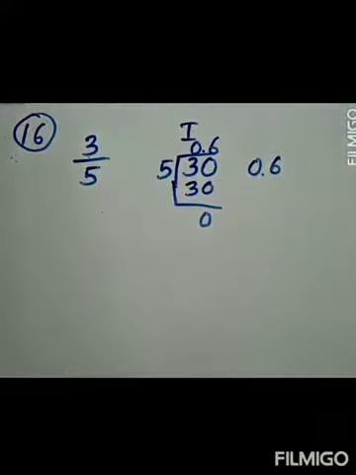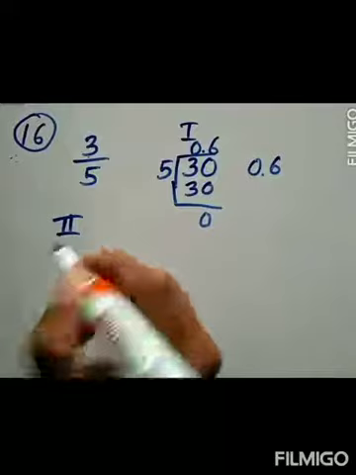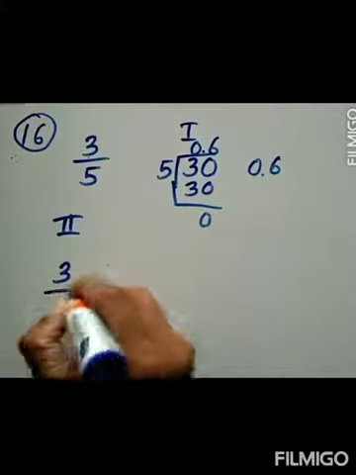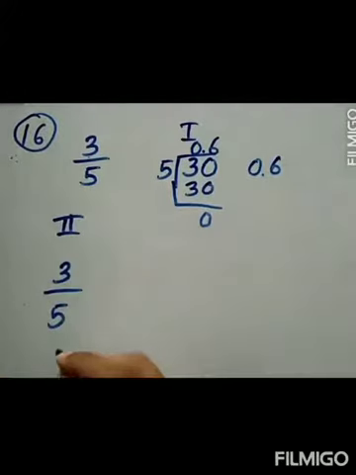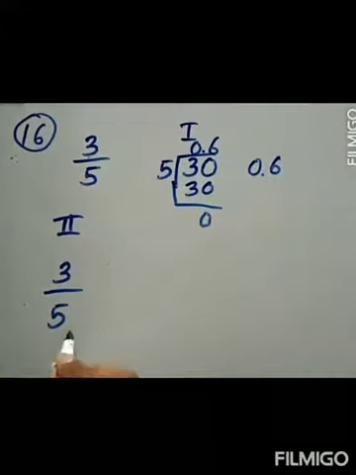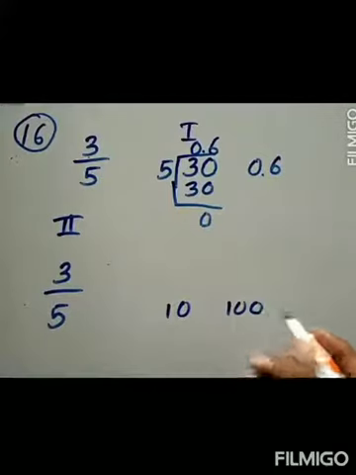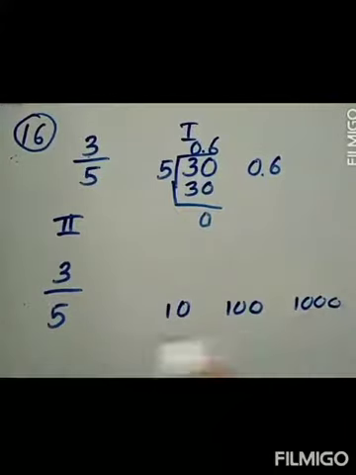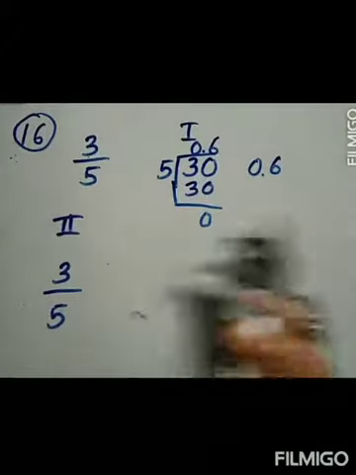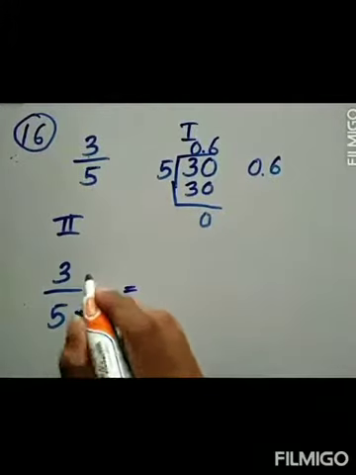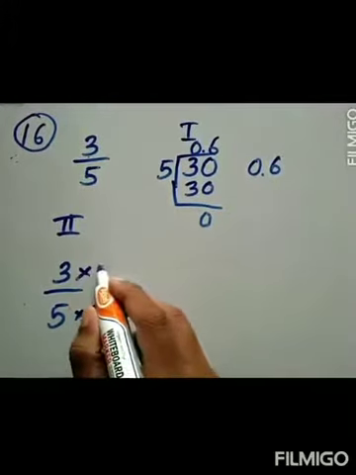This is one method. Then the second method, you can consider 3 over 5. Make the denominator a power of 10. That means 10, 100 or 1000. Right? Then you can make 5 into 10. That means 5 multiplied by 2, you will get 10. If you multiply this one by